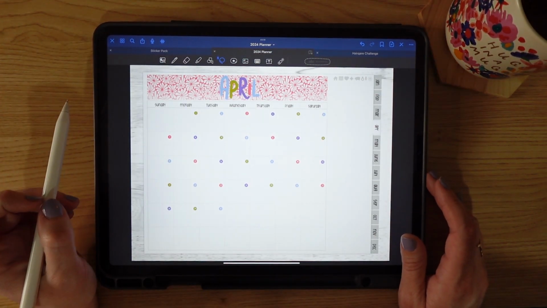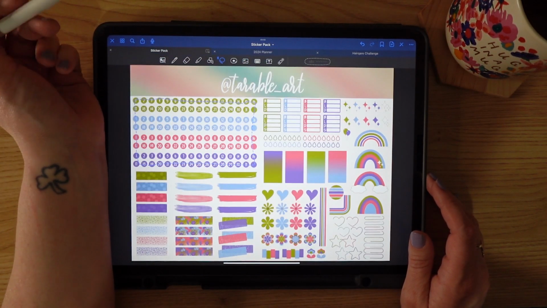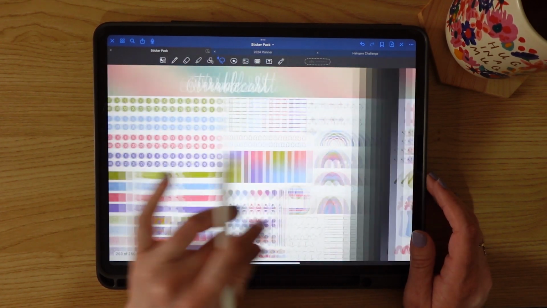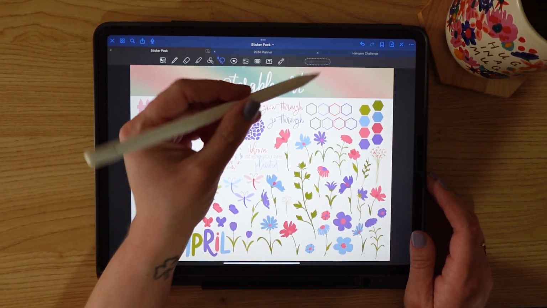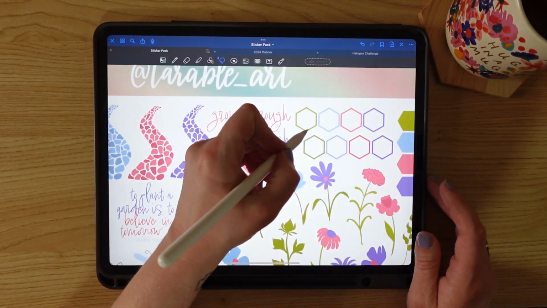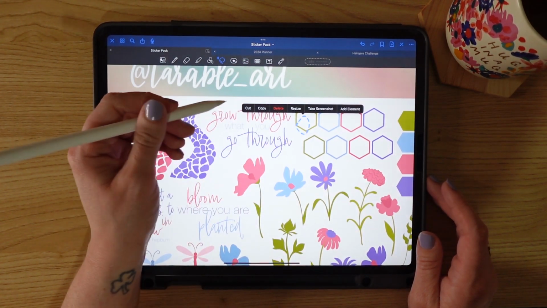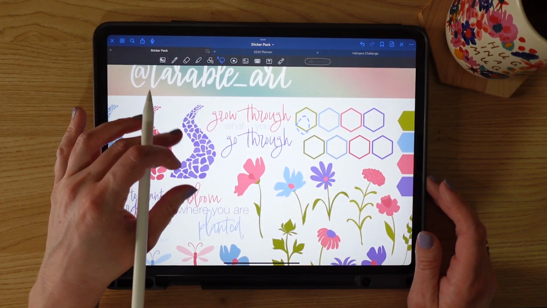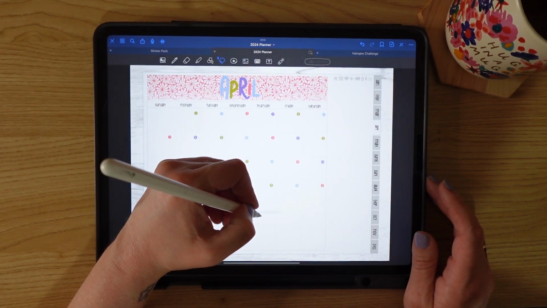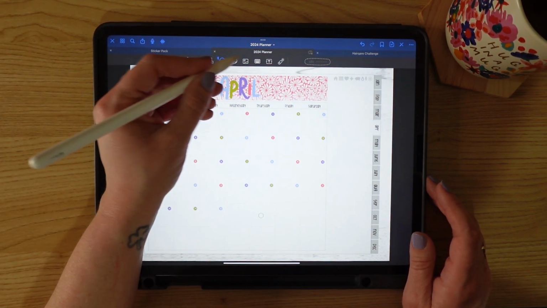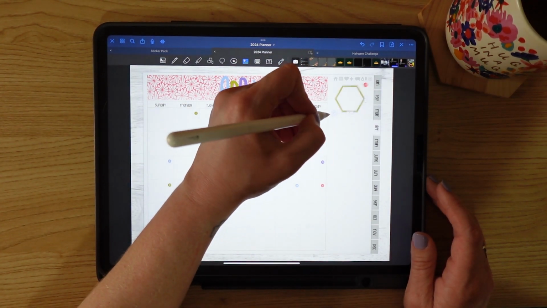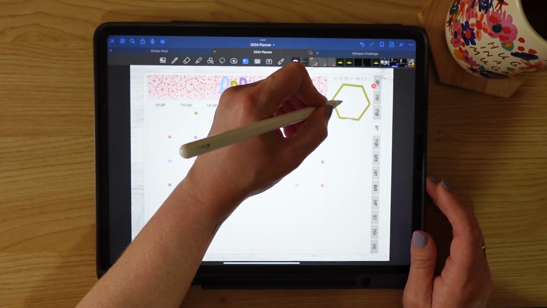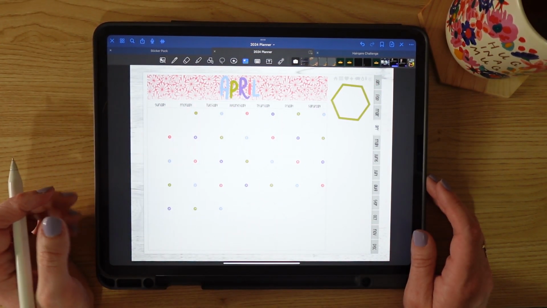Okay, so the next thing I want to do is use some more of these themed stickers. So what do I want? I am going to take, I think, this green one here, and I'm just going to copy this, bring this back to my planner, and size this up pretty big and put it kind of at an angle. And who knows, I might adjust this a little bit more in a minute,